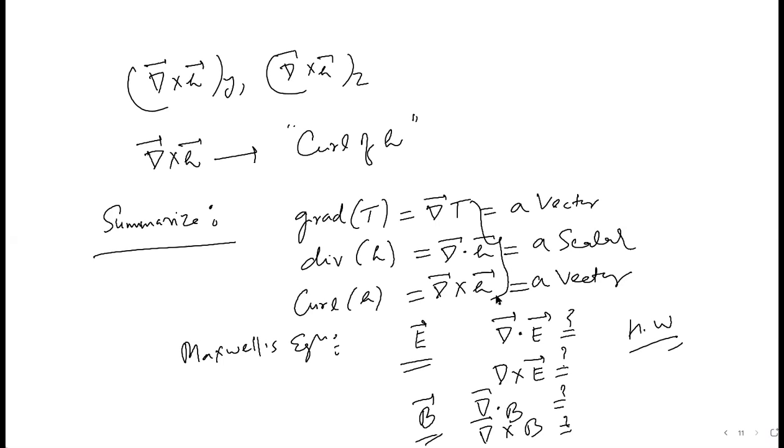Excuse me, sir. Sir, you have written divergence of H and curl of H. Sir, can we give vector sign over H? Well, yeah, of course, why not? We can give vector sign over H because H is a vector, right? When you have a vector field, you can always write H. This should be, wherever I'm missing, nice to remind me. Yeah, so is that okay?